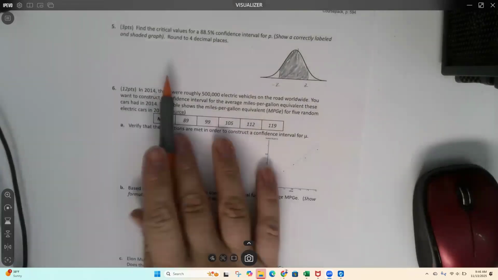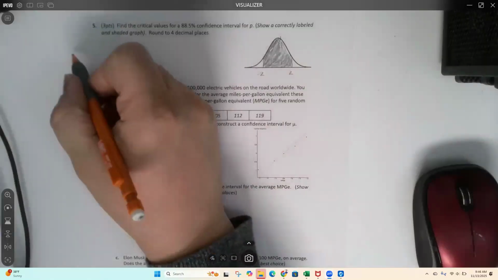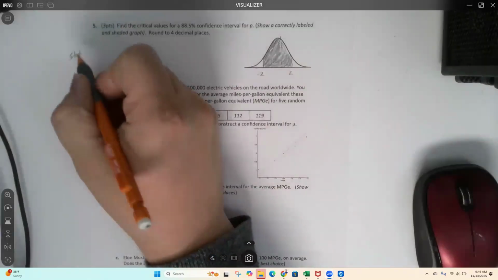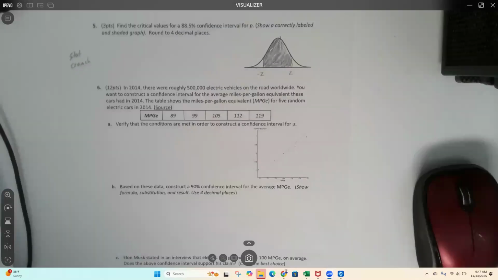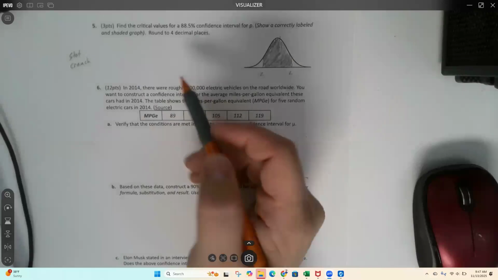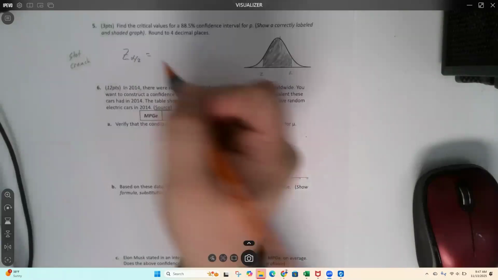This is not done. We've got to actually find it, right? So this one, we do it in StatCrunch, statcrunch.com. So you're finding z alpha over 2 equals